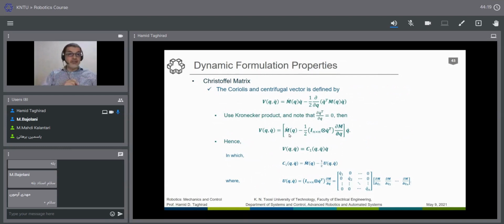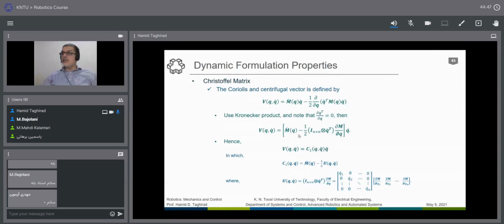These properties will hold for all manipulators, not just for this one single manipulator. Now, if we have this, we can easily find the V vector in terms of a matrix form, in terms of a Christoffel matrix. Since this is not unique, I write C1, the first representation of the Christoffel matrix, can be just simply